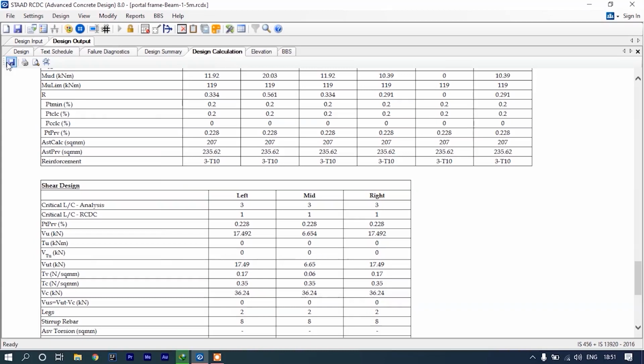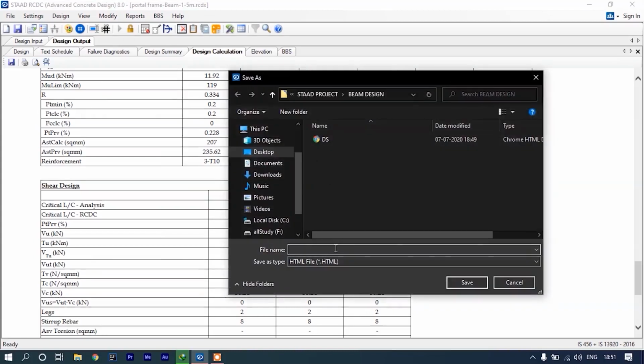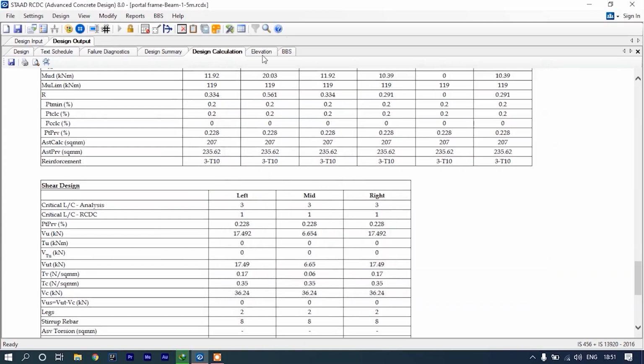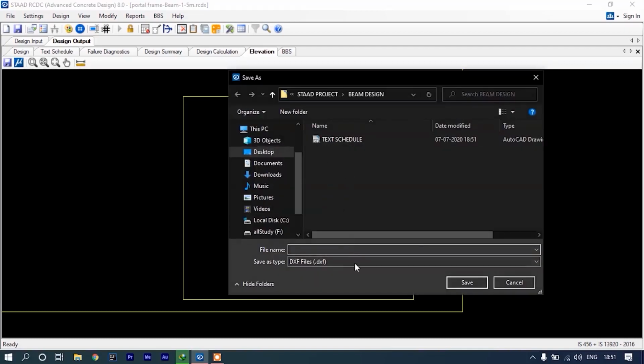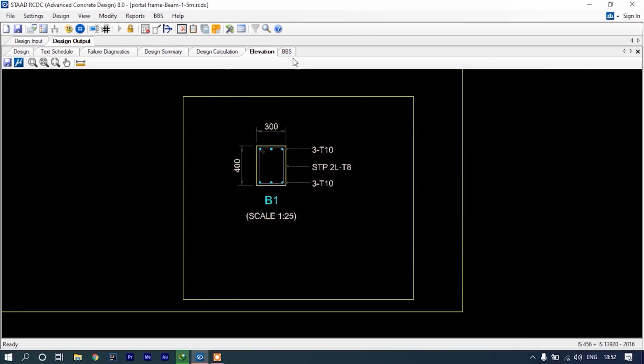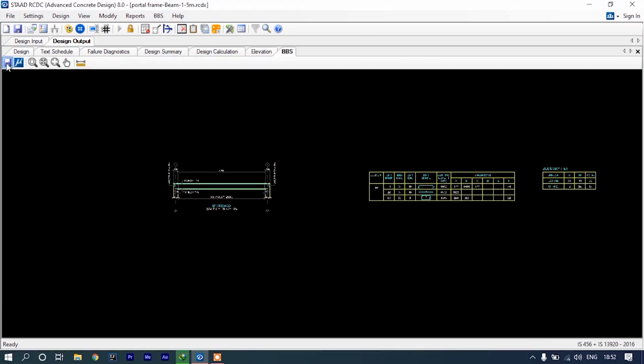Go to design calculation, save it. Go to elevation, save it. And go to bar bending schedule and save it.